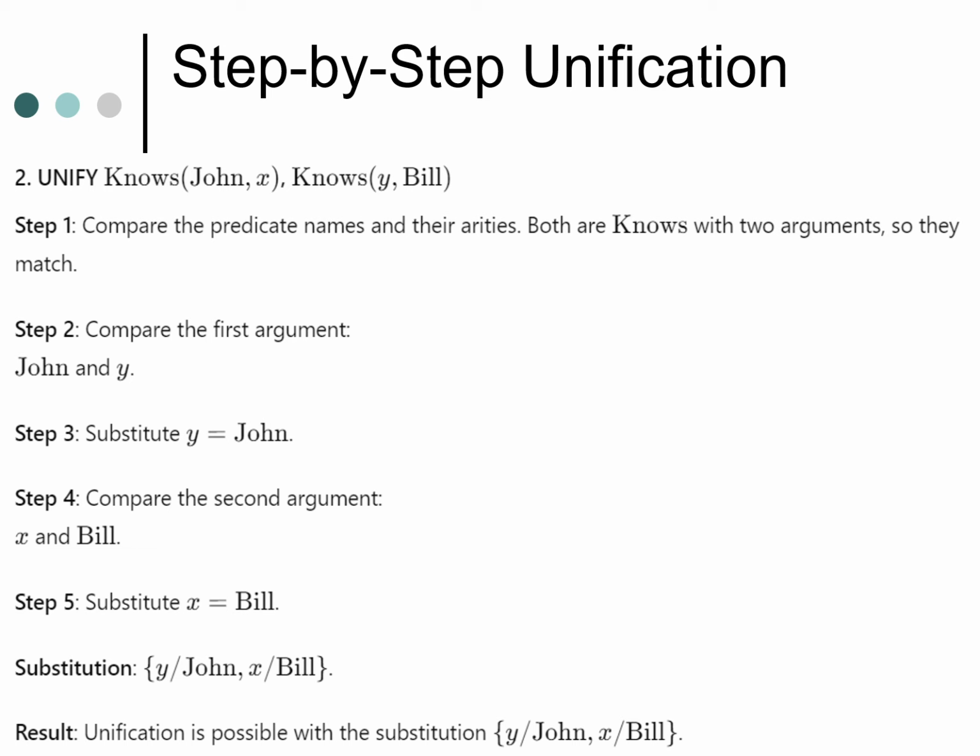Initially our substitution set is empty. We have already assigned Y is equal to John, so it has been entered as the first entry in the substitution set. Then the substitution of Y by John, then X by Bill. If you add Y by John, then X by Bill, it performs a value substitution. Since the substitution set is empty, we have to add step by step. The unification is possible for this sentence with the substitution of Y by John and X by Bill.